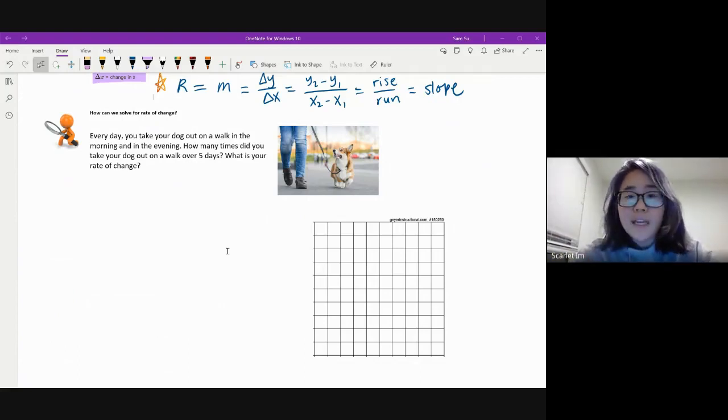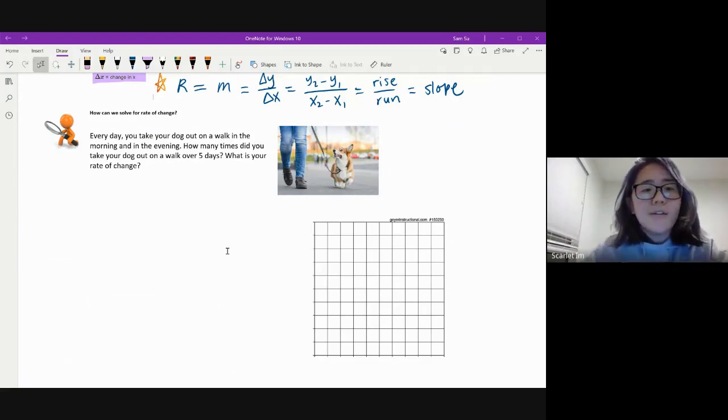What is your rate of change? So we have our word problem, we have our information, and now we're trying to figure it out. There are a lot of ways to do this, but this is how I'm going to solve it. First things first, I am going to think about